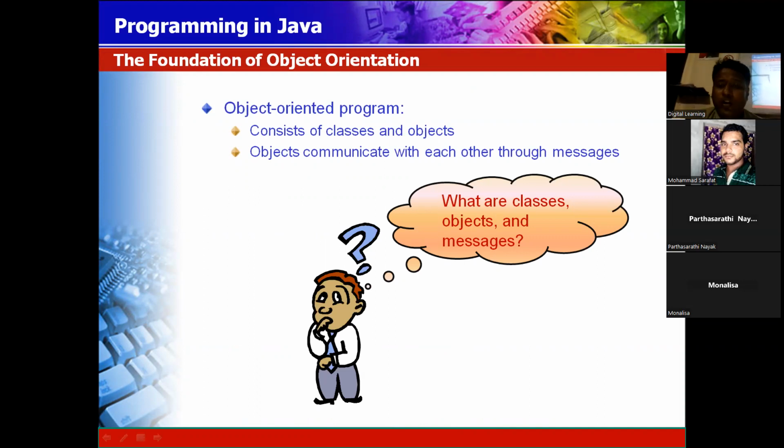As I told, object orientation means it consists of class and object.